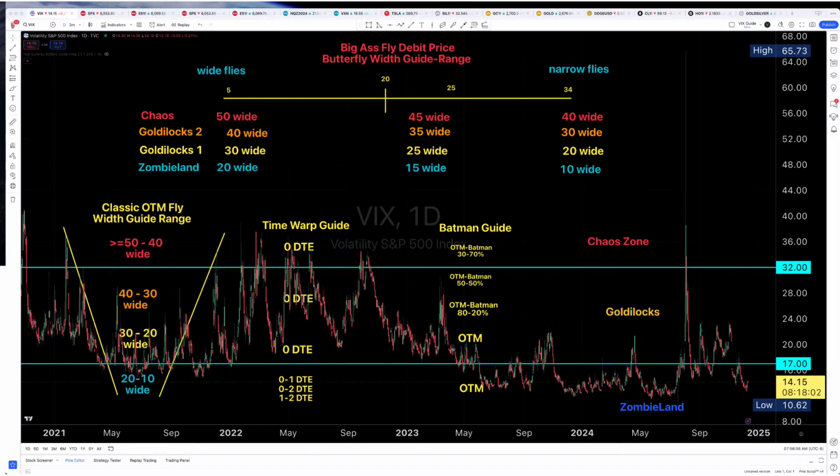Yesterday we were at about 13.5 on the VIX. Today we're at a little over 14. So not much has changed. We're still looking at relatively narrow flies and possible multi-day strategies. In fact, I have a strategy on for expiration today and tomorrow. Although with the move down, they seem to be a little bit out of range now. I spent very little money on them, and there's a very good possibility that the market might recover over the next couple of days and move up into those. So we'll see what happens.